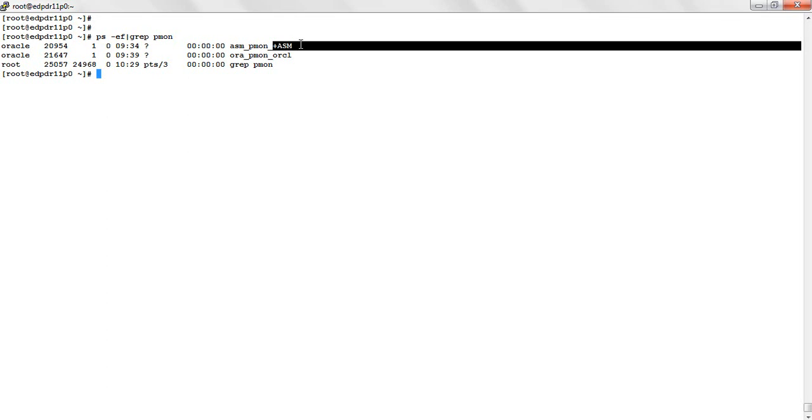I will be doing a practical to demonstrate how to create a loopback device, so that tomorrow if you plan to create an ASM setup, you could use the same set of instructions and create your own disk group out of a logical device. Now this is not advisable to be implemented on production.